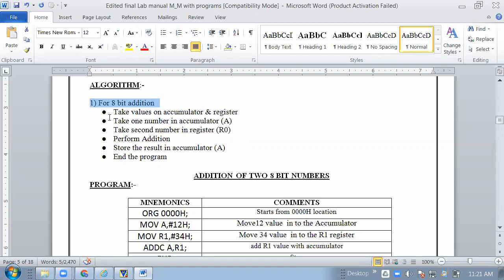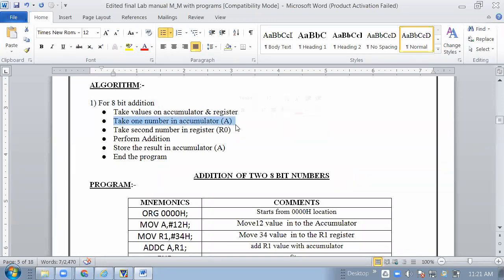So remember, one value must be taken into the accumulator because this is the limitation of the 8051. Working with the accumulator for the addition. So in your algorithm, you have to say one number into the accumulator.